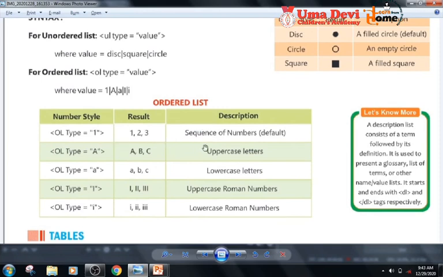This is the sequence of numbers by default. OL type equal to capital A, so capital A, capital B, capital C, uppercase letters will come. OL type equal to small a, so smaller letters will come, small a, small b, small c. Lowercase letters. If we type OL type equal to capital I, we will get uppercase Roman numbers. If we type lowercase i, we will get lowercase Roman numbers.